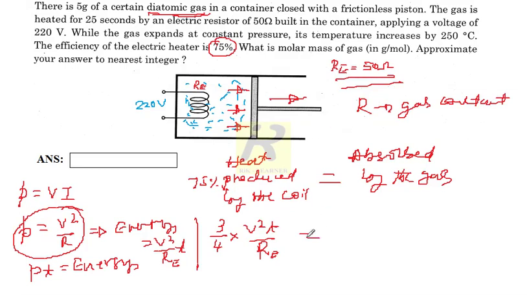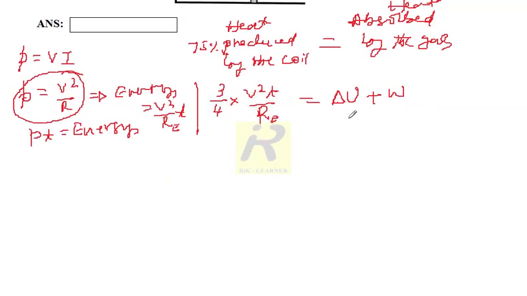So this is equal to the heat absorbed by the gas. How much heat is absorbed by the gas? This is nothing but the change in internal energy of the gas and the work done by the gas. Further, what I do here is 3V square into T divided by 4Re,